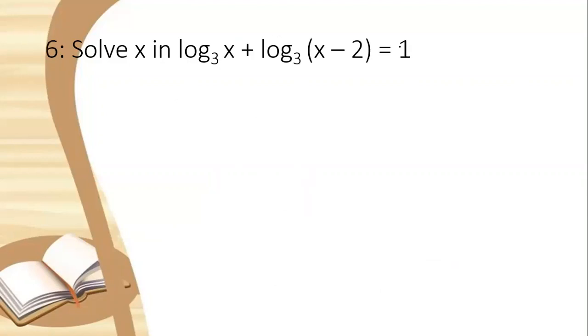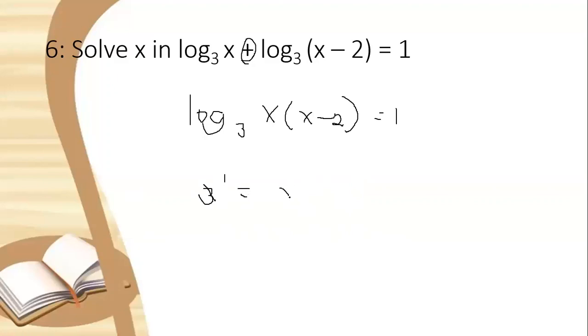Solve for x in logarithm: logarithm of x to the base 3 plus logarithm of x minus 2 to the base 3 is equals to 1. As you can see, operation used is addition, meaning properties of product. So transform po natin siya into product first: x multiplied to the binomial x minus 2 to the base 3 is equals to 1. And then exponential form, 3 raised to 1, optional kahit wala, x is equals to quantity x multiplied to quantity